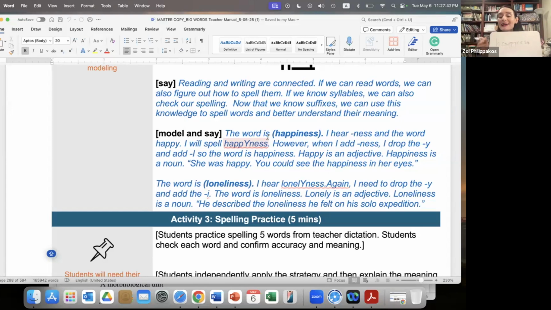However, when I add ness, I drop the Y and I add I. So I will drop the Y, I will add I. So now the word I have is happiness. Happy is an adjective. Happiness is a noun. She was happy. You could see the happiness in her eyes. So happy, happiness. The next word I have is the word